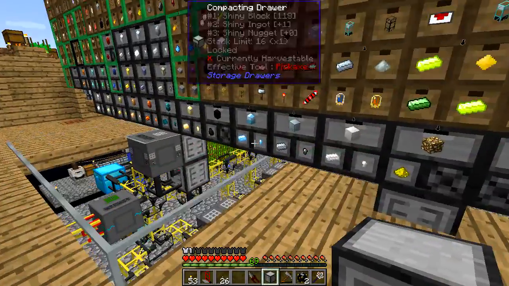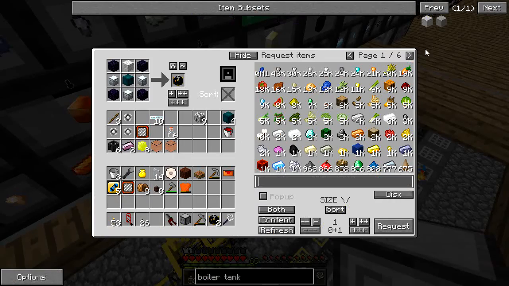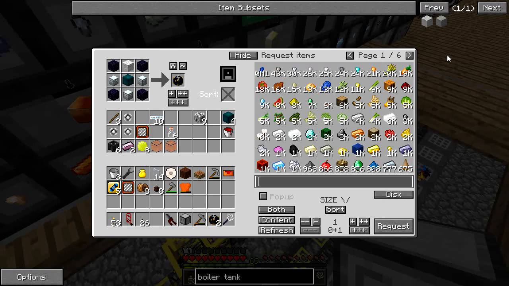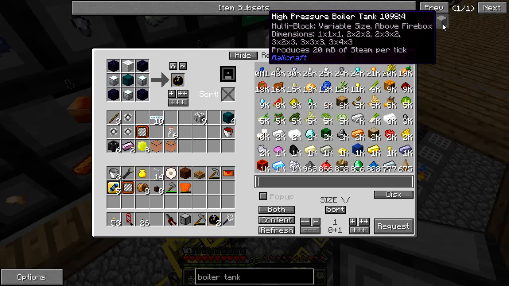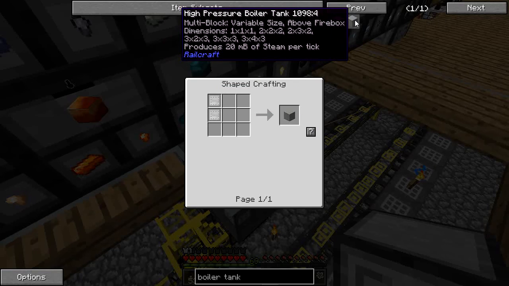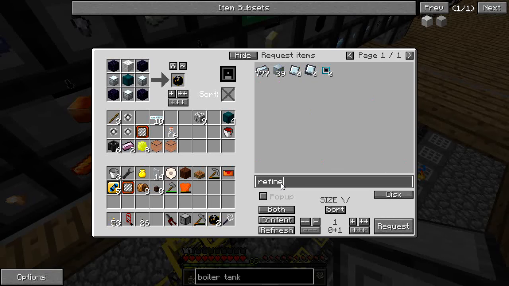Alright, now that I have a good way of moving items around the base, I want to revisit the steam power that I kind of abandoned a couple episodes ago. So what I'm thinking of doing is upgrading to the high pressure boiler tank instead of the low pressure, because I'm going to get twice the amount of steam for the same volume. And now that I have a good source of refined